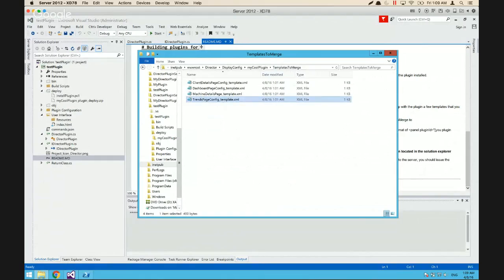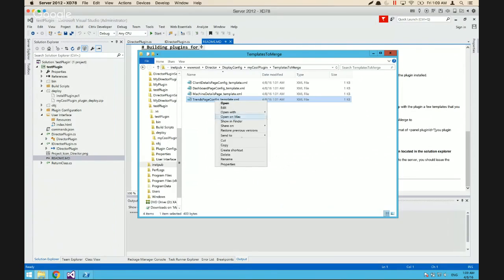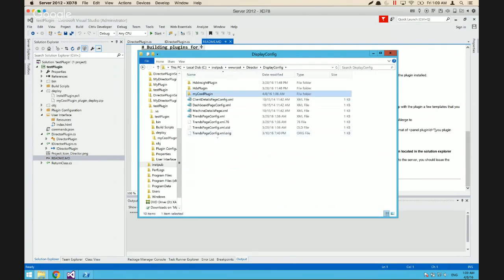So we'll copy the trends template. If you look at it, you can see the only thing that's really different is we add this new panel element to the template XML file, which tells it this is the plugin that we want you to load. So what we can do is we'll just copy this here, and we'll jump back into display config, and we'll delete the trends page config XML file, and then we'll paste ours in there, and we'll do a little rename